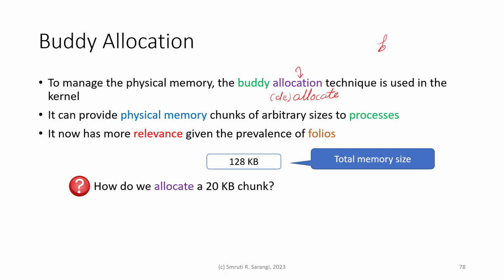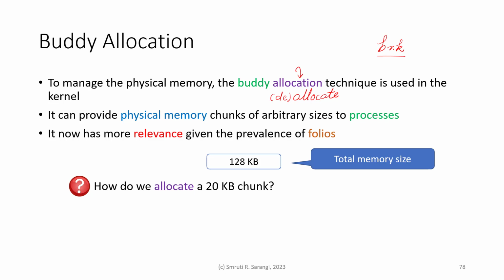And how would they come? They would come via the brk system call, which would basically say that I'm not happy with the amount of virtual memory that I have, so I need more space. The moment we have requests of such kind, there will be a need to allocate space. So what buddy allocation can do is provide large chunks of arbitrary physical memory sizes